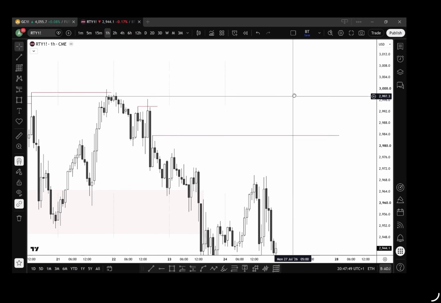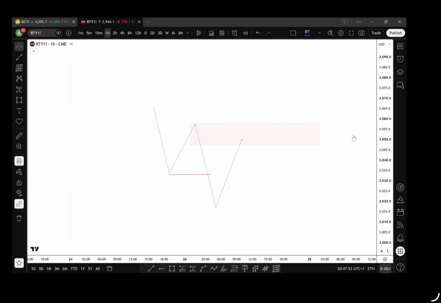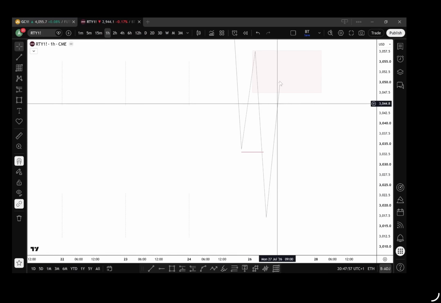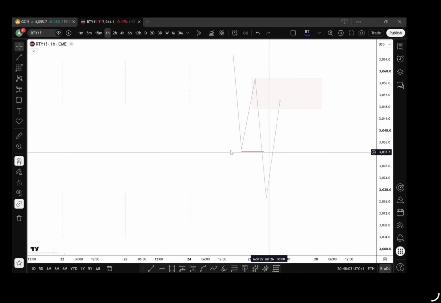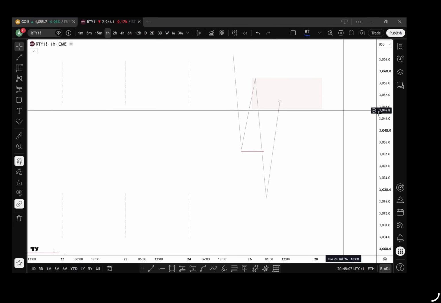But when we're talking about buying or selling with structure, this is what we were talking about, where we break structure, come up to the highs. Even if we have an LB in this area, you don't want to be looking for sells because we're trading through a break of structure. So that's what I mean when you're trading with structure.